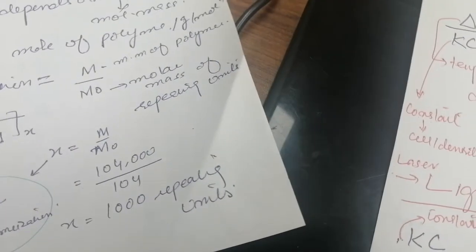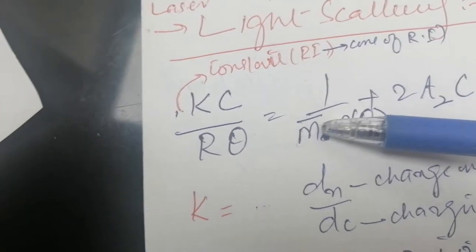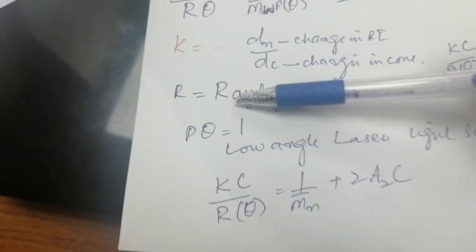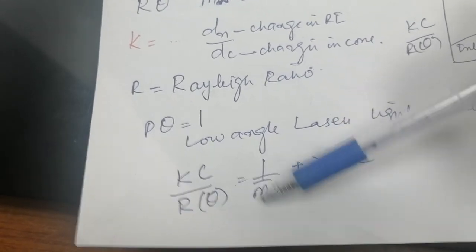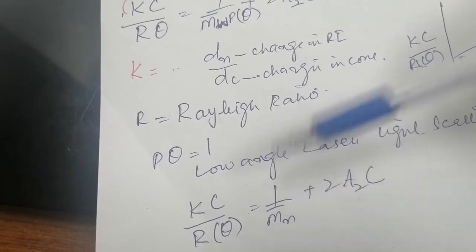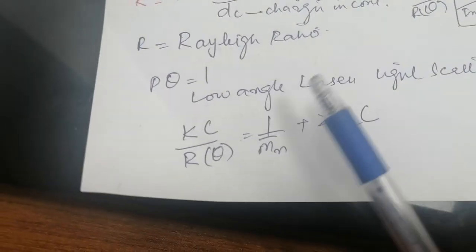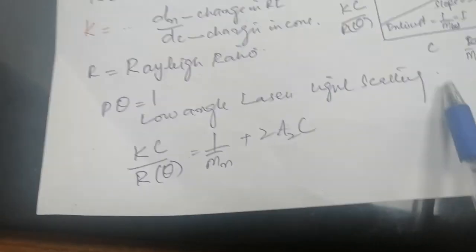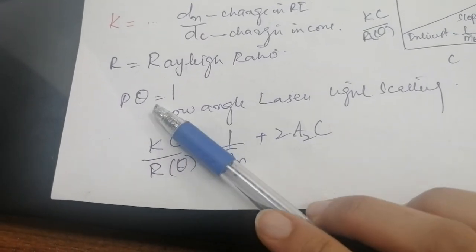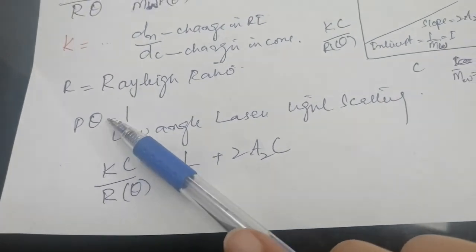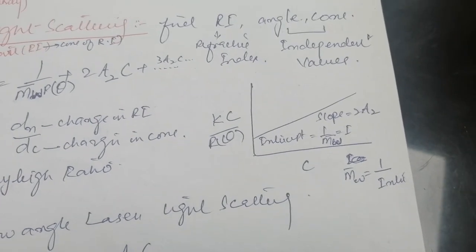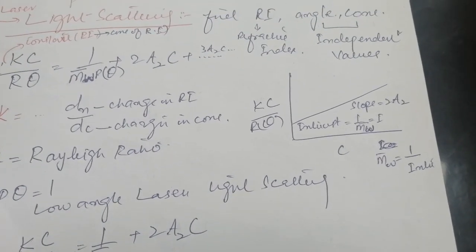Here in this equation you can see this, right? Whenever we consider this as 1, we can replace it, and it becomes easy and simplifies the equation when you are considering low angle laser light scattering, right? So this factor automatically disappears because its value becomes 1. We're assuming that its value becomes 1, right? So in this way, with the help of a graph, we can find the value of molecular mass.